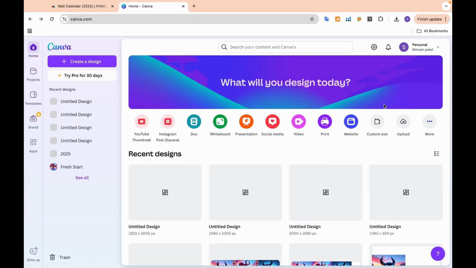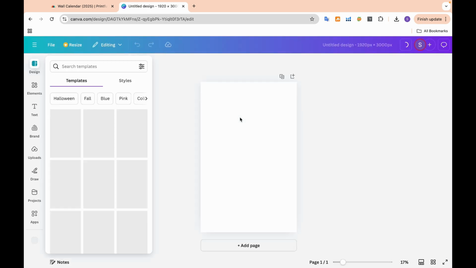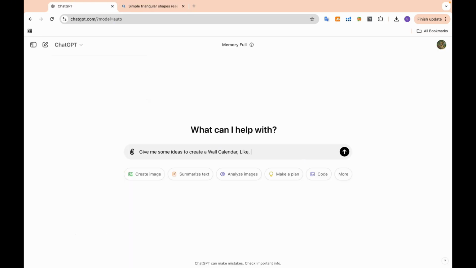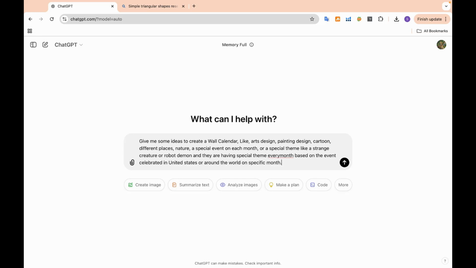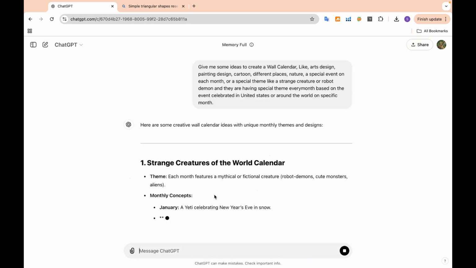Now it's time to unleash your creativity. We will take a free and easy approach. Create a template with dimensions of 1920 by 3000 for the cover. I usually compile all my researched ideas, inspiration, and thoughts in ChatGPT to refine everything and gain a clear view